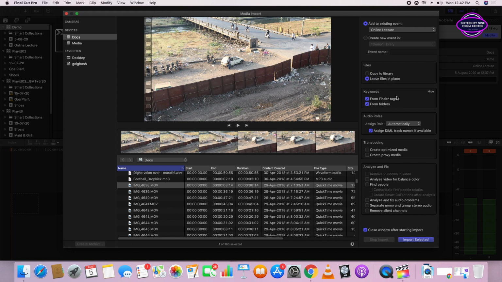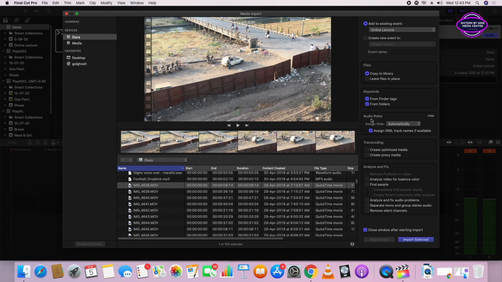But if you have less space in your computer or your hard disk and you don't want to copy the footage and you want to leave them in place, you can see if I put the mouse cursor here, it says select to link the files in their current location rather than copy them to library storage location. And if I copy to library, it will copy it to the library, and in future it will connect the footage only with the library. So it is up to you, your situation, whether you want to copy to library or leave the files in place.